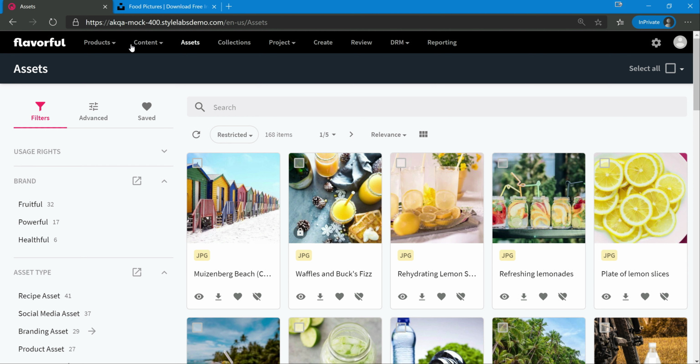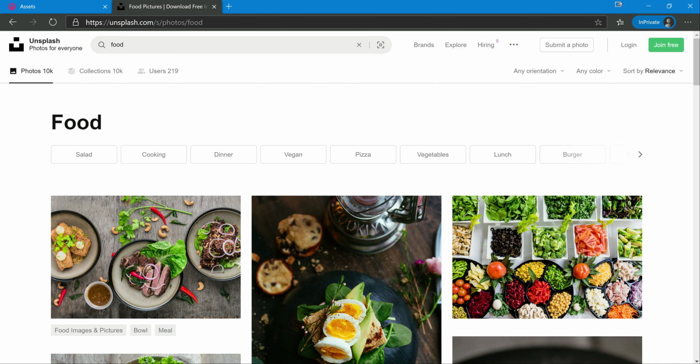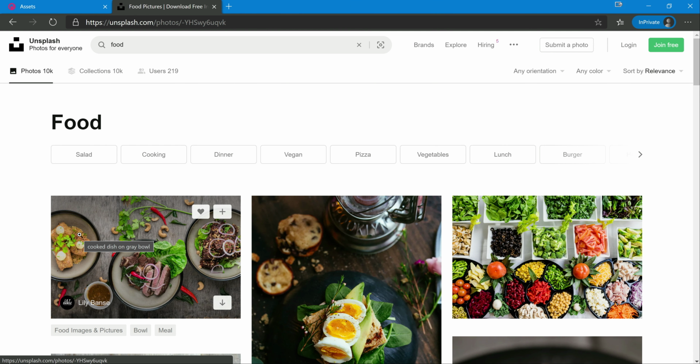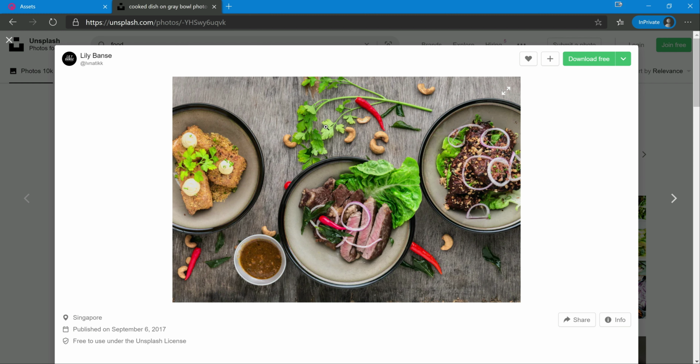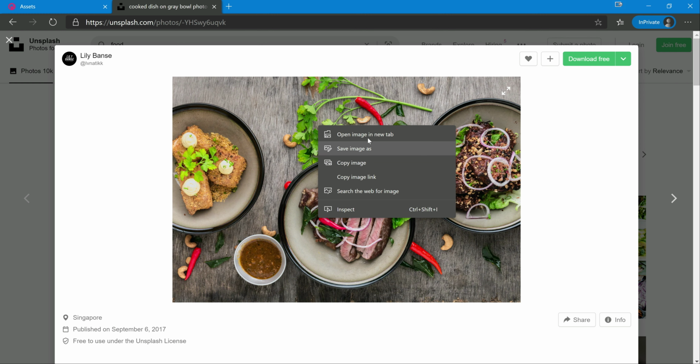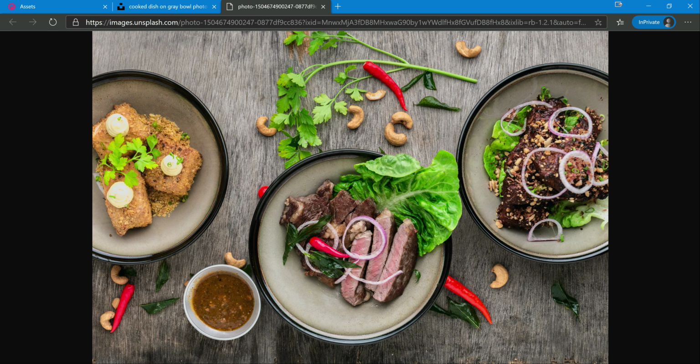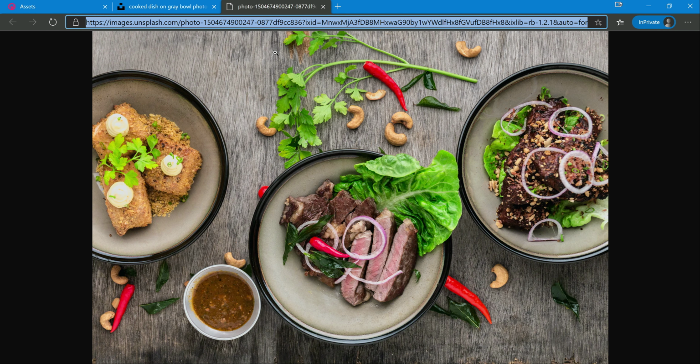We talked about the public URL. It is here. I'm just taking some image from Unsplash. If I go here and open the image in a new tab, this should be the actual public URL. This URL we need to pass for the fetch job. Then only it can read from here, upload to Content Hub and process it. So the public link is mandatory.